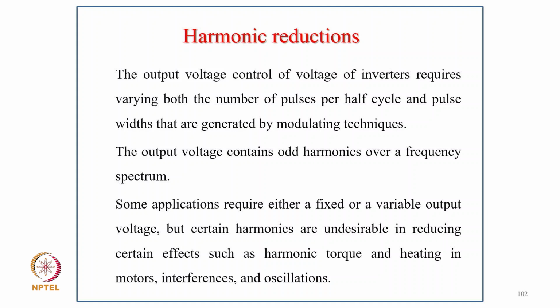Now coming to harmonic reduction, the output voltage control of a voltage source inverter requires varying both the number of pulses per half cycle and the pulse width, which is generally done by modulation technique. The output voltage contains odd harmonics in the frequency spectrum, and some applications require either a fixed or variable output voltage, but certain harmonics are undesirable, causing effects such as harmonic torque and heating in the motor, interference